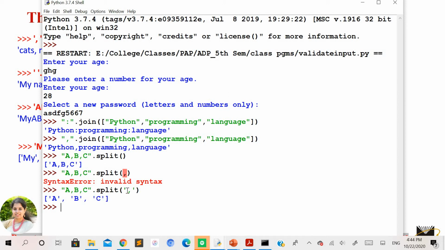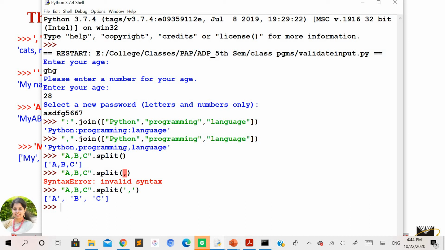So with the comma being a delimiter, it will search through this string and make an element of the list wherever it comes across a comma. So you can see a, after that you have the comma, so a is considered the first element. Next b, again you have the comma, so b is considered the second element, and then the last element here.